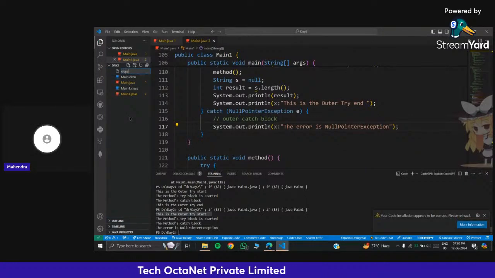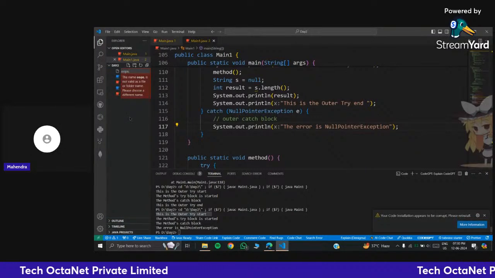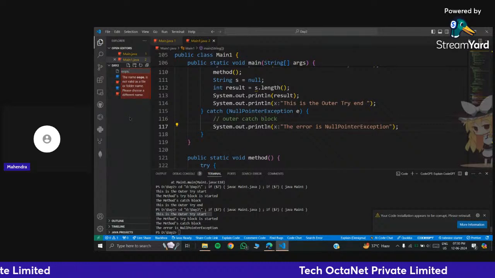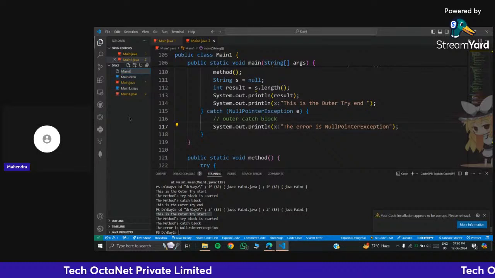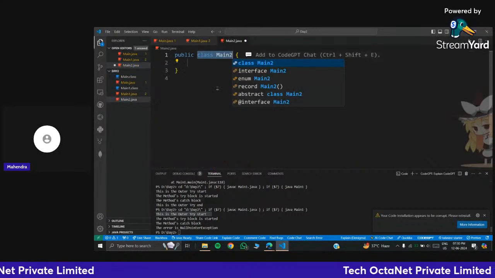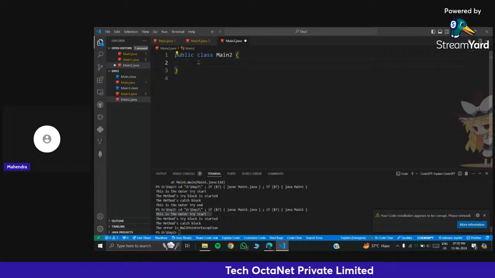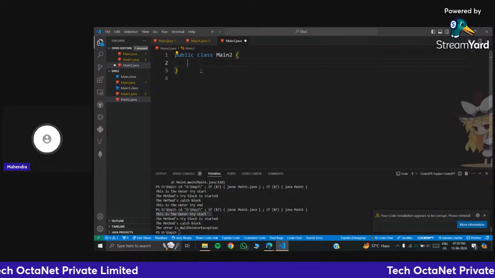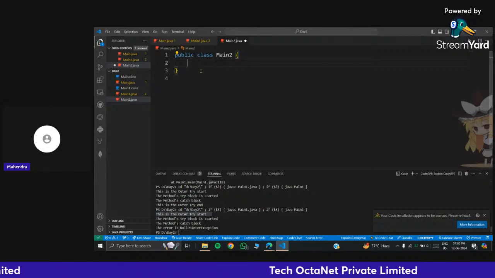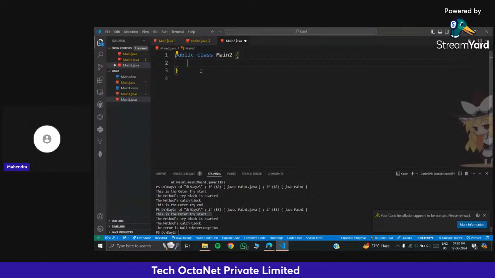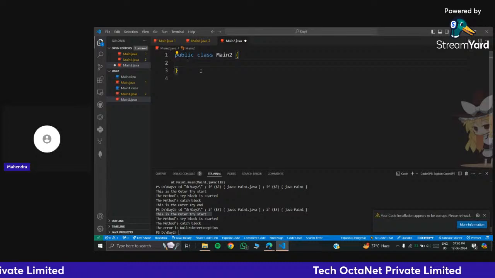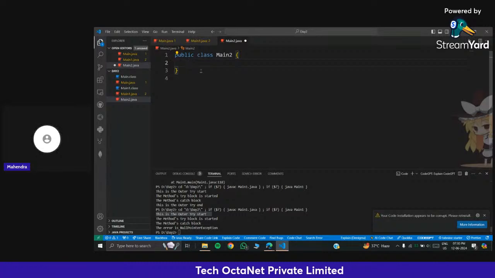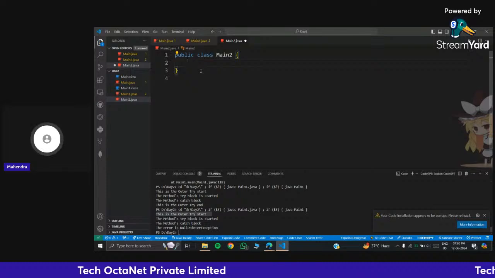Okay, let's create a new file. Let's make a file name. Now we will see some object-oriented things, like what is an object, what is a class, and what are the properties used in the OOPs concept. First, what is